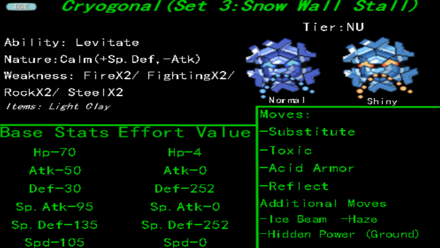Now throw in an Ice Beam in there in place of, say, Toxic, or maybe even Acid Armor, since you're going to be sitting behind a substitute. What I would really suggest with this set is not to try and completely update its physical defense. Use its natural advantages to, when you can, wall special sweepers. Send it out during a special attacking onslaught. This way it can absorb those hits with no problem, set up a sub, maybe hit it with Toxic, get the Reflect up for your team, and holding Light Clay, which is a key item to have on this set in particular